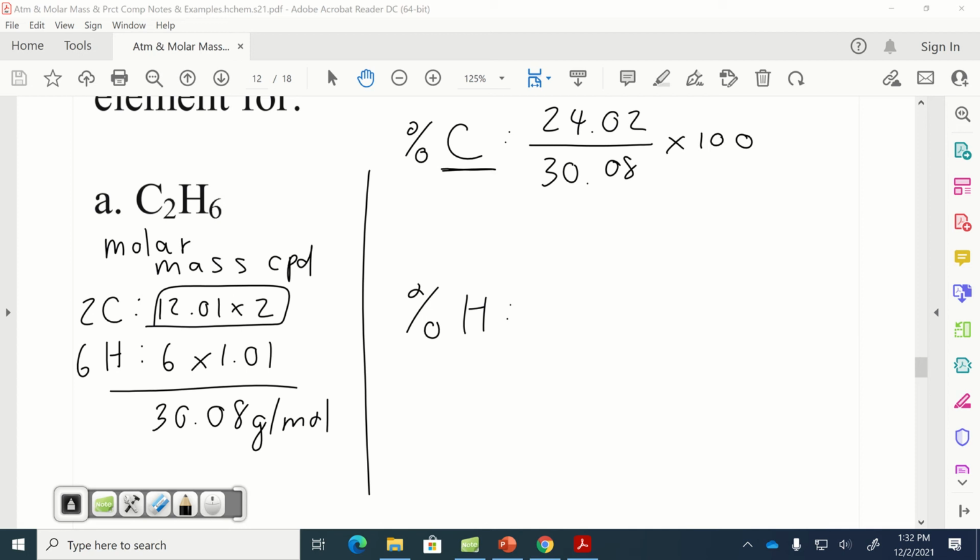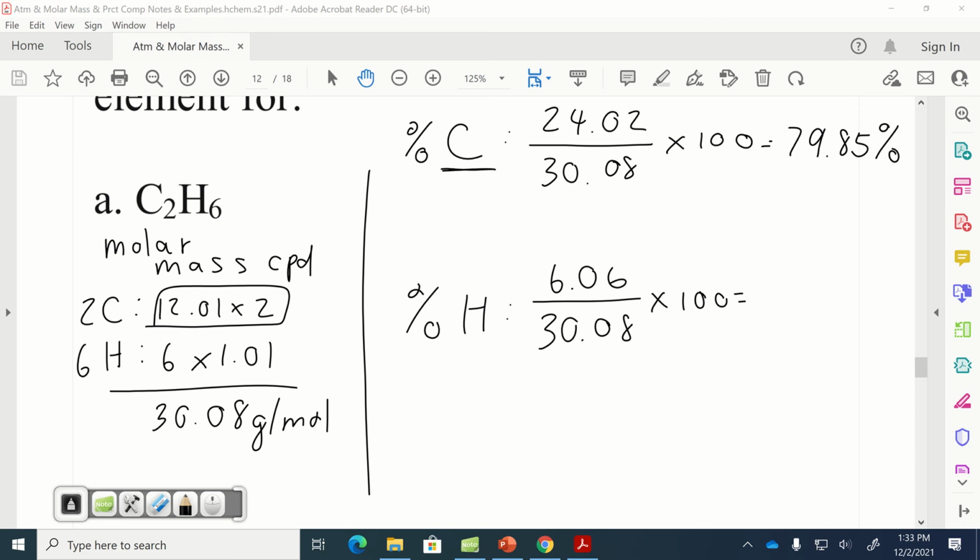And then I do the same thing with hydrogen. 6.06 divided by 30.08 times 100. Now, I'll come back to that in a second. 24.02 divided by 30.08 times 100. We're going to go off of basically the sig figs of the molar masses in this case. We don't go off the 100. So this is